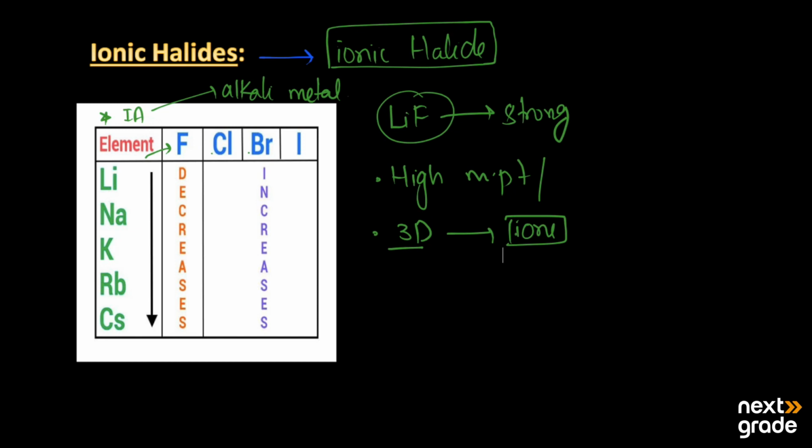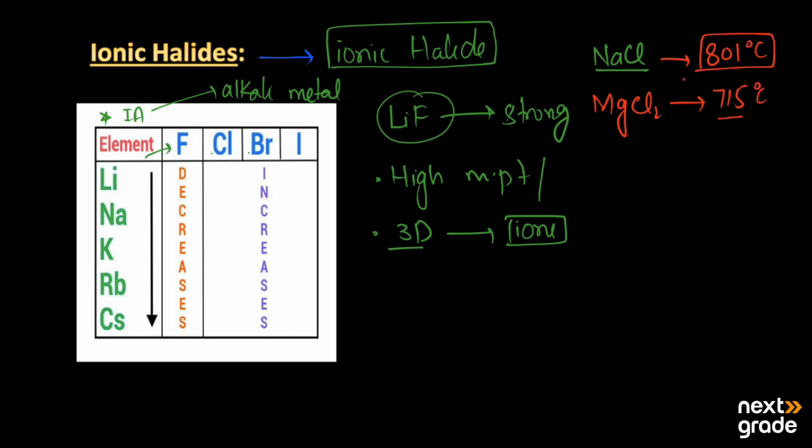Let's take the name of a simple compound. If we have NaCl, this is sodium chloride, and it is also used as table salt. Its melting point is almost 801 degrees Celsius, which is very high. On the other hand, if we have the group 2 element magnesium forming a bond with chlorine, that is a halogen, then its melting point is